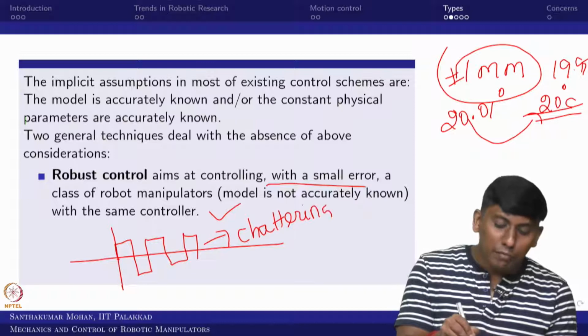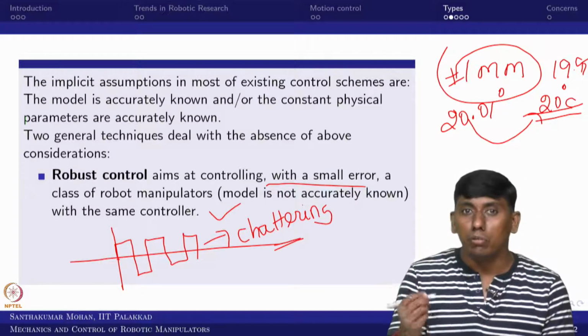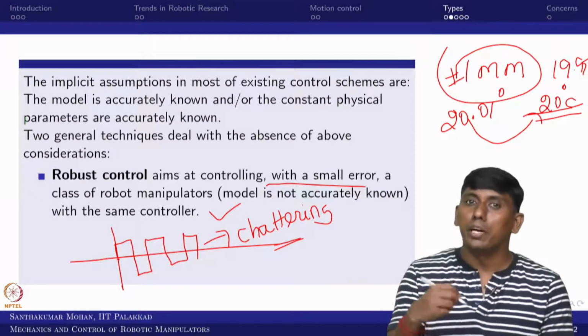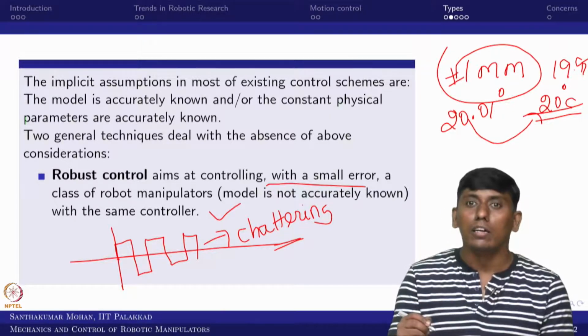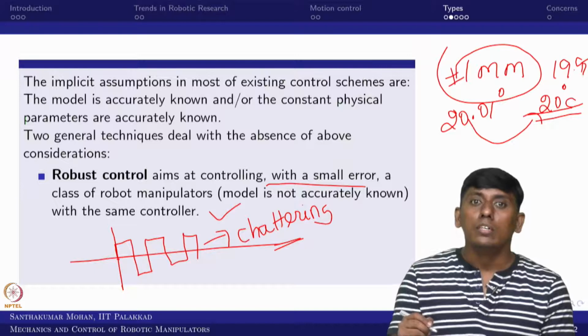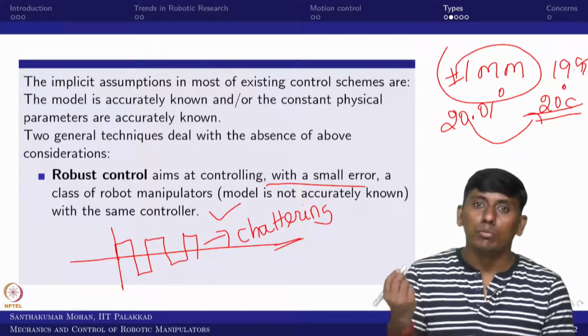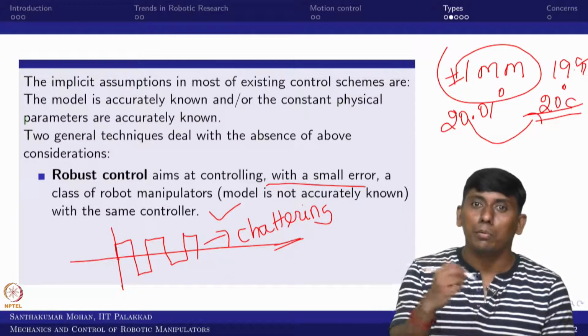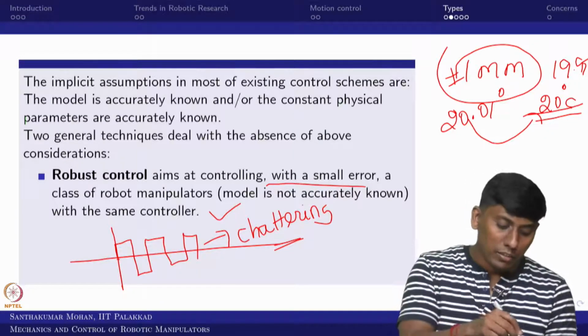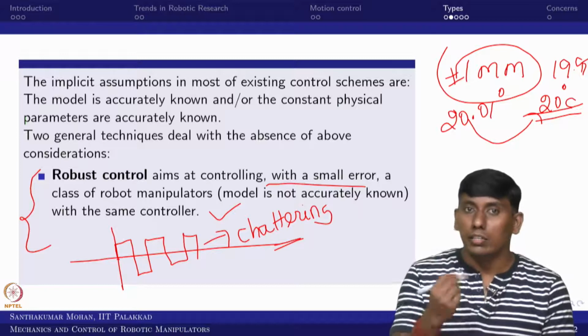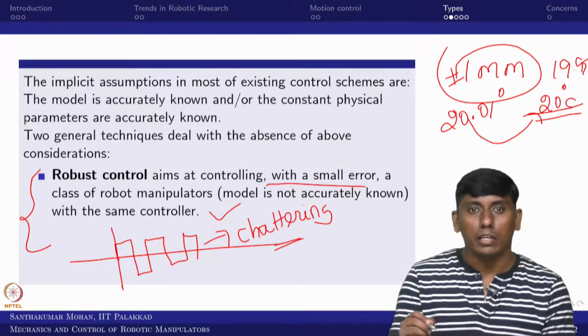The chattering effect would be visible in most robust control. That's why robust control along with chatter-free is one additional phenomenon people try to achieve. Even for robust control, people try neural network based, or probably matrix based approaches, all those things people have tried. All of these we will be discussing in the later part of the class.